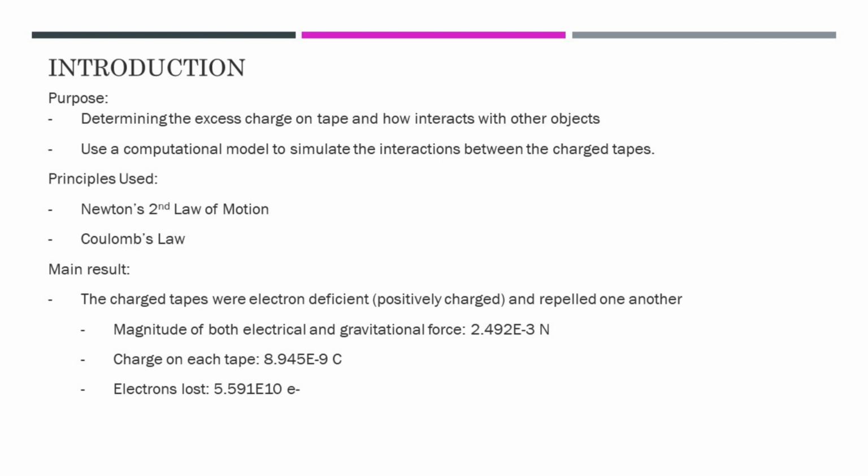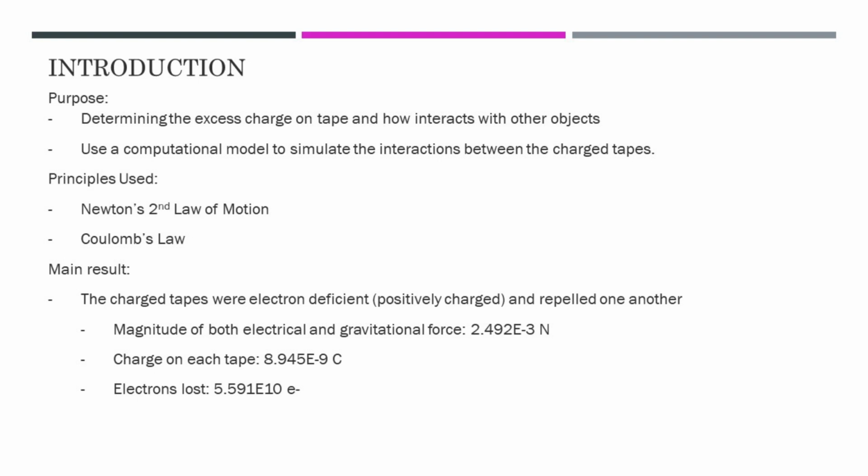In this lab, we used the principles of Newton's second law of motion and Coulomb's law. The main result of this lab is that the charged tapes were both electron deficient, meaning that they were positively charged and they repelled one another. The magnitude of both electrical and gravitational force was 2.492 E-3 newtons. The charge on each tape was 8.945 E-9 coulombs, and the amount of electrons lost for each tape was 5.591